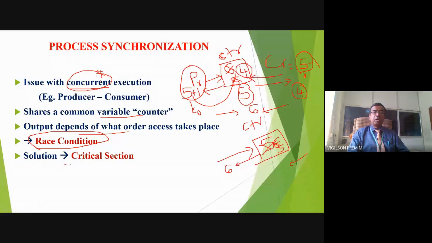Now to solve that problem, we are using one solution called a critical section. The OS is providing one solution, that is referred to as